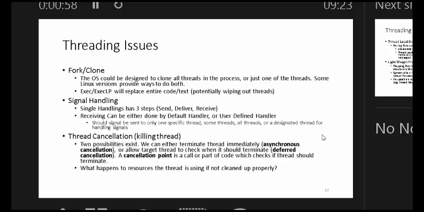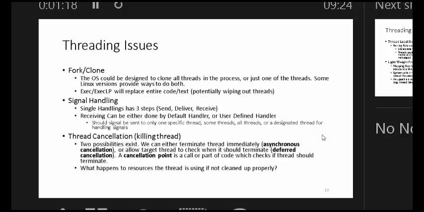So if you check the manual of your Linux, read the code, you may find that your Linux does one over the other. So you have to just check. If you are implementing, go and check your version of Linux. Read the documentation to see which version it does. When you do a fork, will it clone all your threads, or will it just clone one of the threads?